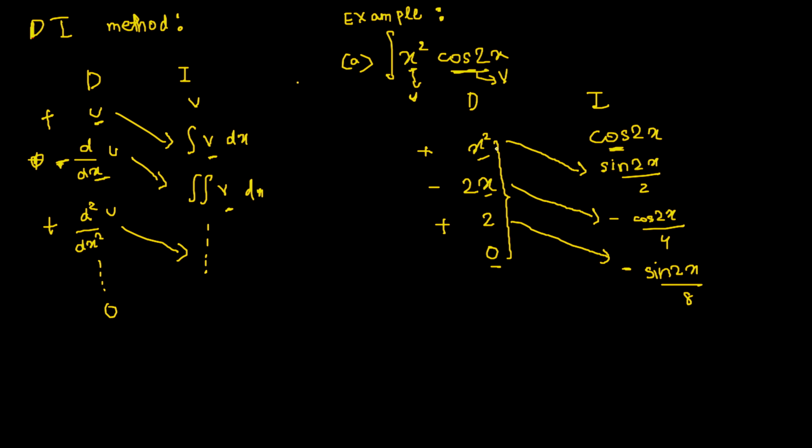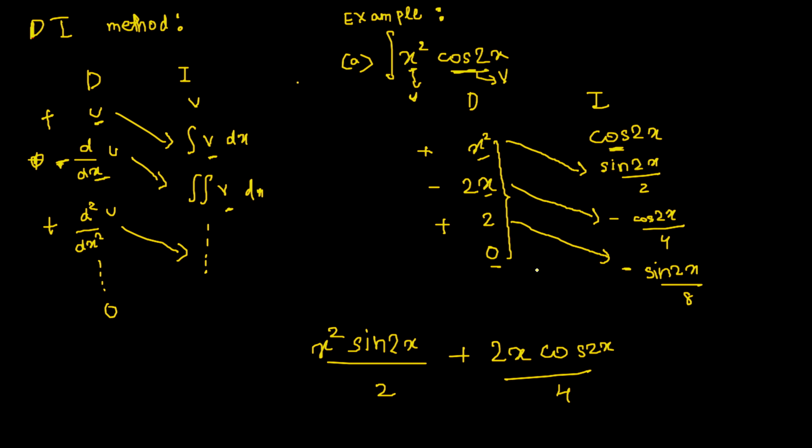So now I multiply the first term under the D column with the second term under the I column, which is x square into sine 2x divided by 2. And now since we have a minus sign here and also a minus sign here, that becomes plus. So we have plus 2x into cos 2x by 4 followed by minus 2 sine 2x